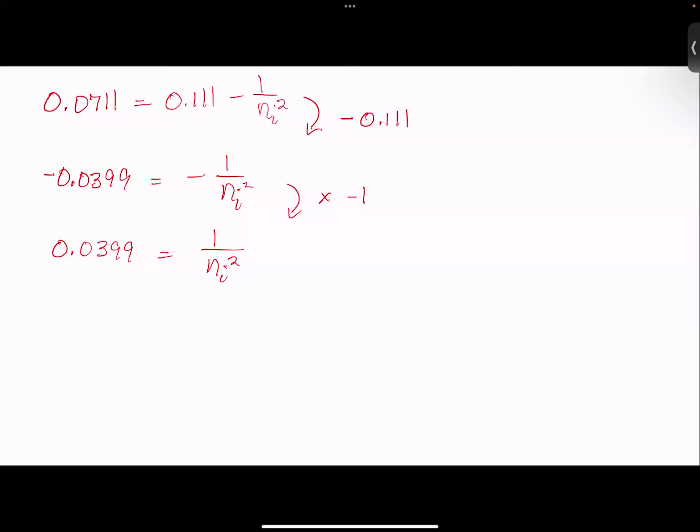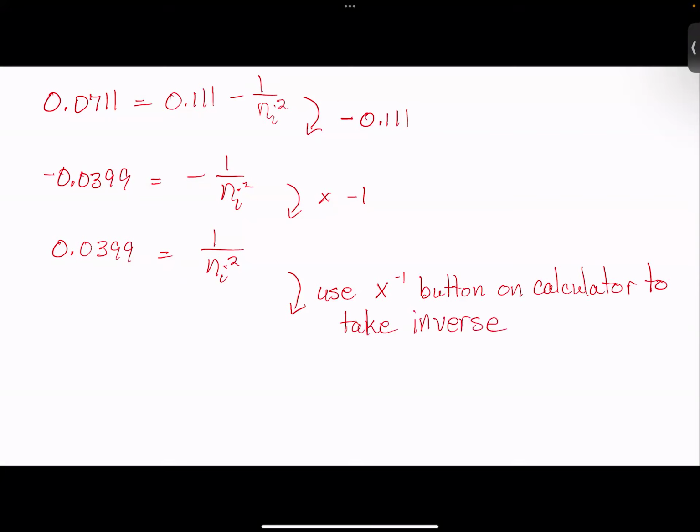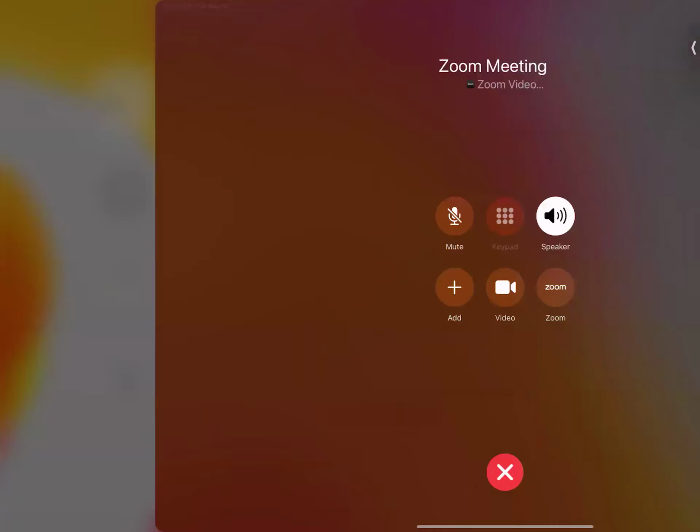And then the next thing I do is use the x to the minus 1 button on the calculator to take the inverse. When I do so, whoa,